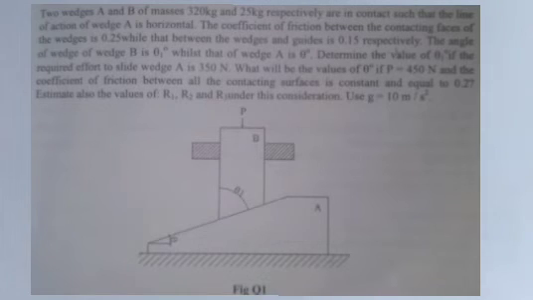Then the other part of the question is, what will be the value of theta degree if P is 450 Newton and the coefficient of friction between all contacting surfaces is constant and equals to what? 0.2. So it means that mu1 and mu2 are 0.2. That was telling us. So it said we should estimate also the value of R1, R2 and R3. So what you simply do here is that